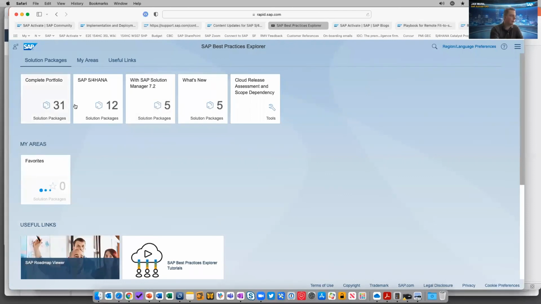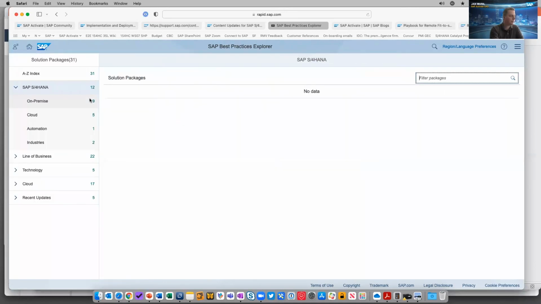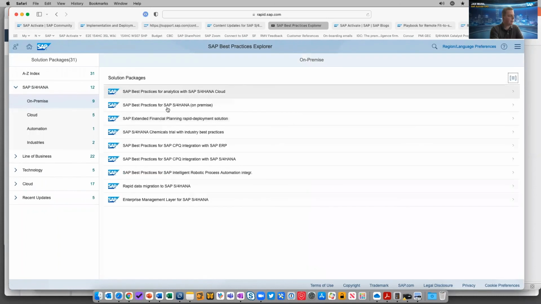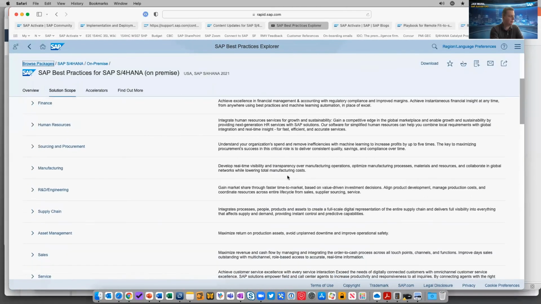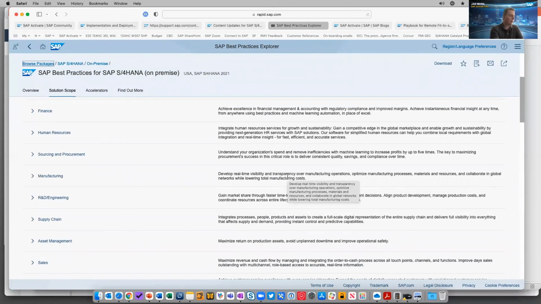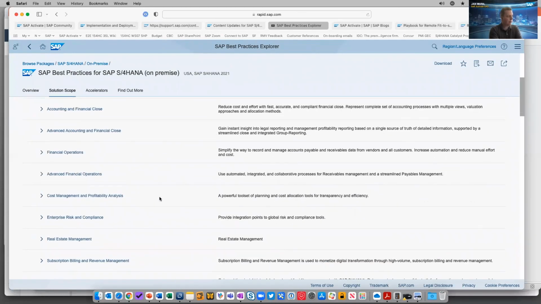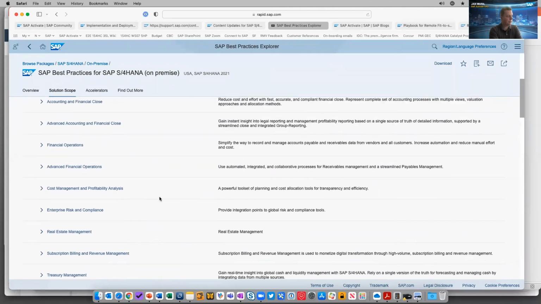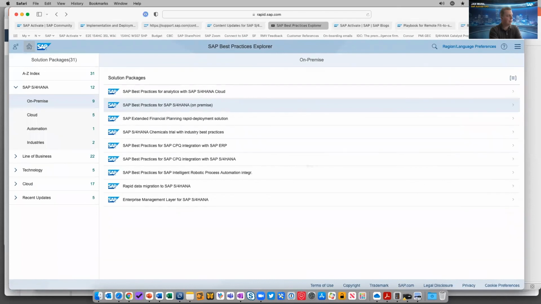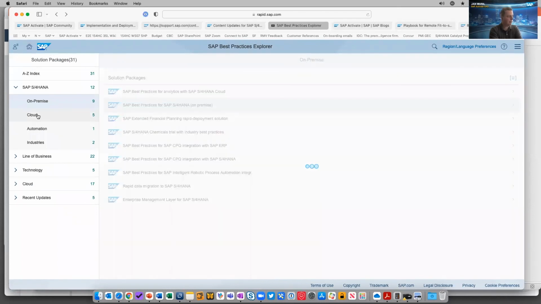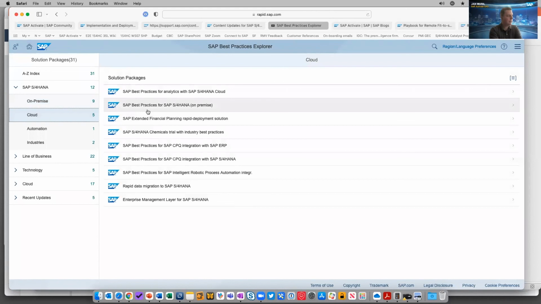If I look at our on-premise packages, we can look at the S4 package, and in here we have the standard set of processes across finance, HR, procurement, manufacturing, R&D. These are standard processes that are not specific to an industry. That's the on-premise content. If your question is about public cloud,